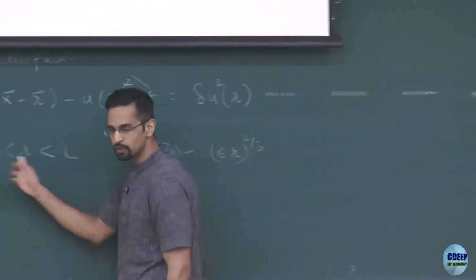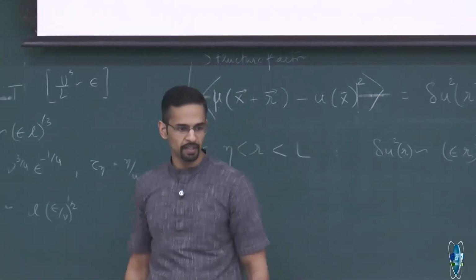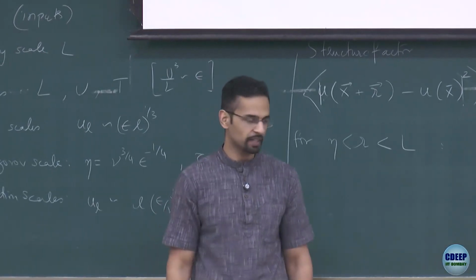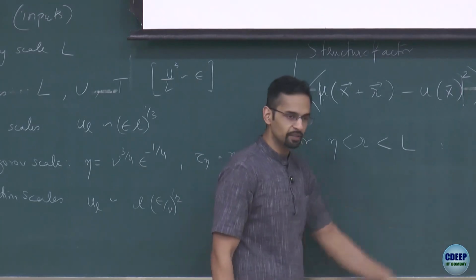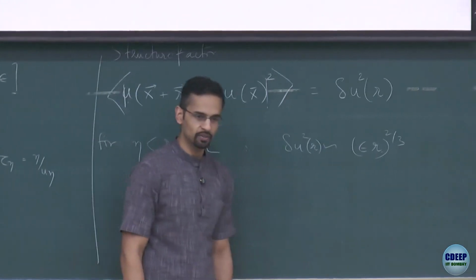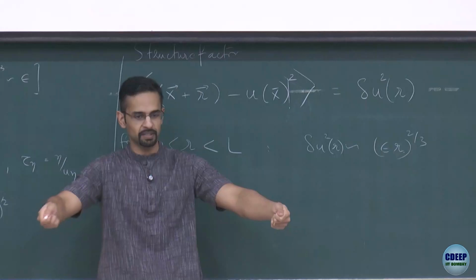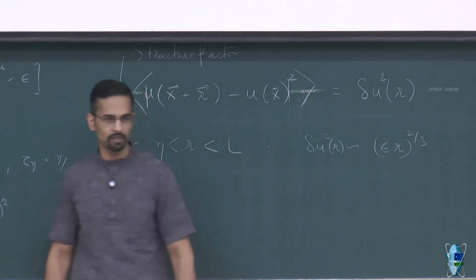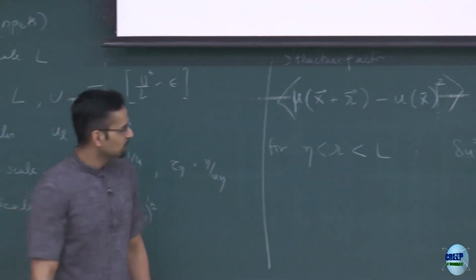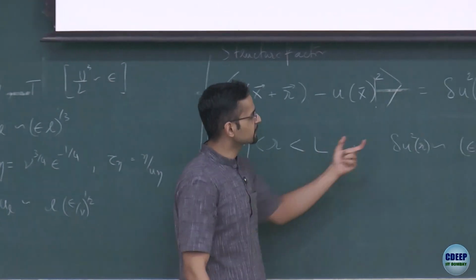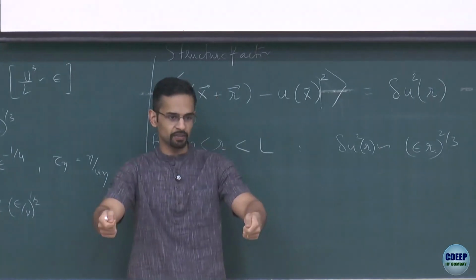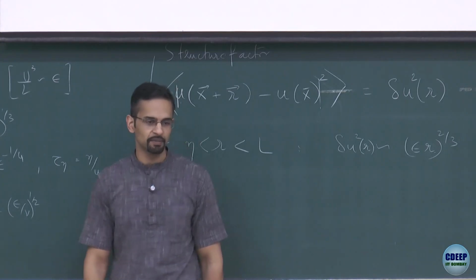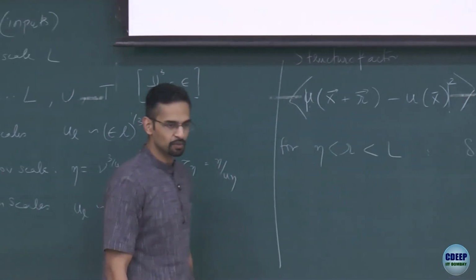And it's something easy to calculate. You can just keep two probes at a given separation and measure it in different places of the flow. You can get statistics and calculate the variance of that. Then you keep changing the distances and plot this, and you will get a power law with 2/3. So what it tells me basically is that one way to get scale dependent information is to measure differences, so-called two-point statistics, at different distances. That's just a simple way of probing the structure of the flow.